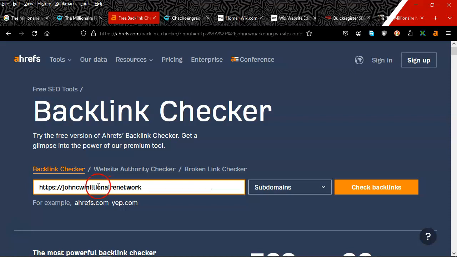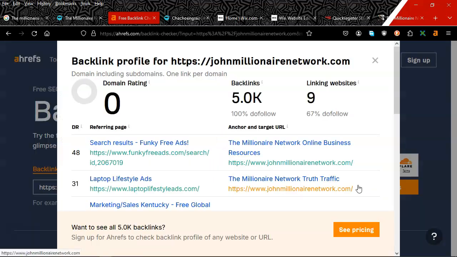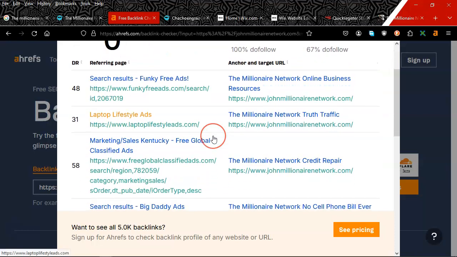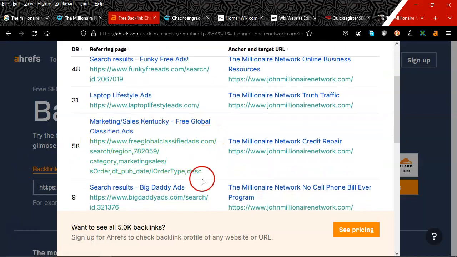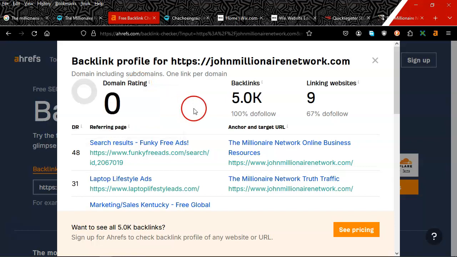So we got JohnCWMarketing.com, and we want to see how many times online and its subdomains is showing up, and show you how many links that we have online. And we have over 5,000 links and 9 websites referring to JohnMillionaireNetwork.com, but the domain rating is still low because no high quality sites are referring back to it, right?